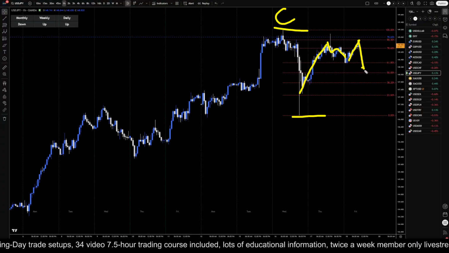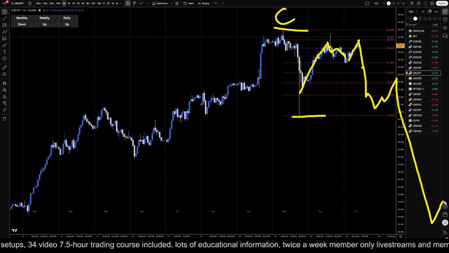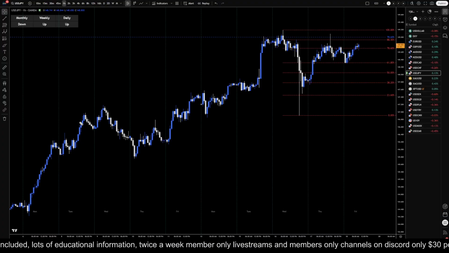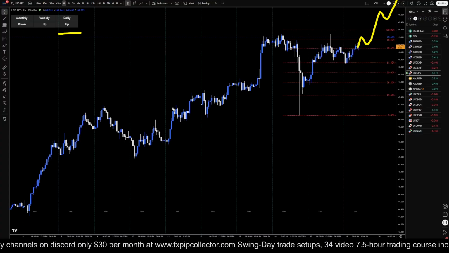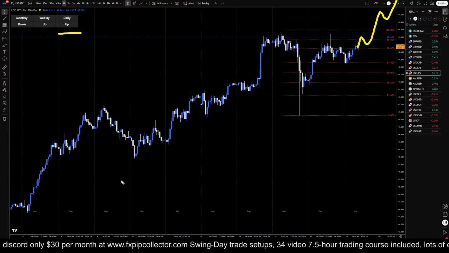And if it is the end of a wave C, it potentially would be the beginning of a brand new downtrend on like the 4-hour daily time frame. But like I said, we do not really know that that's what's going to happen, and I wouldn't really assume that, because it could possibly just bounce and push up and bounce and keep pushing up, because the trend is definitely still up on the daily and even the 4-hour time frame. So definitely be careful of that.